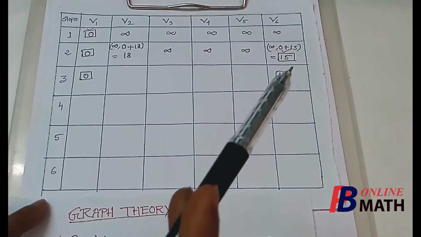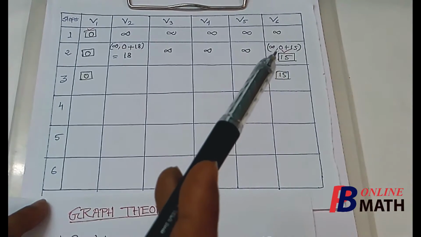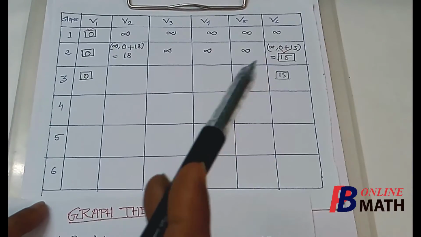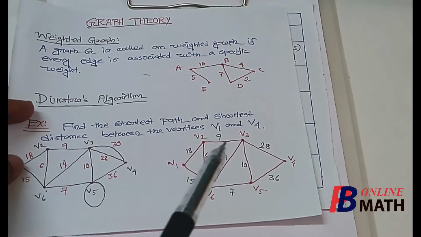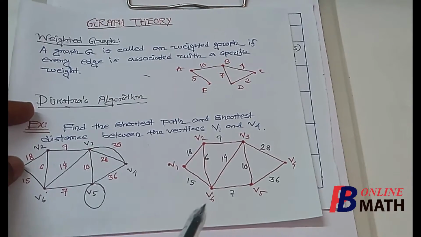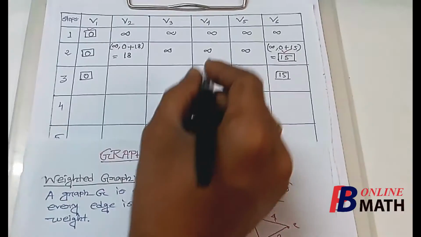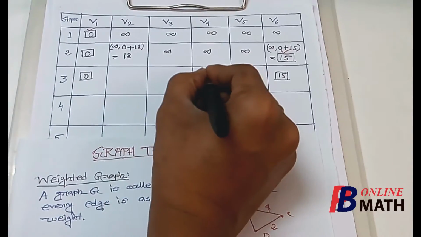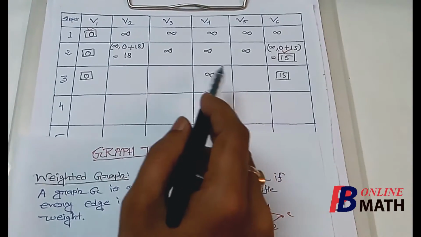Now in this step, since V6 is the latest vertex which is permanently labeled as 15, we shall find the vertices which are not directly connected to V6. From the graph we find that the vertices V2, V3 and V5 are directly connected to V6 via edges, but the vertex V4 is not directly connected to V6. So by the rule, we shall keep the temporal level of V4 unchanged.